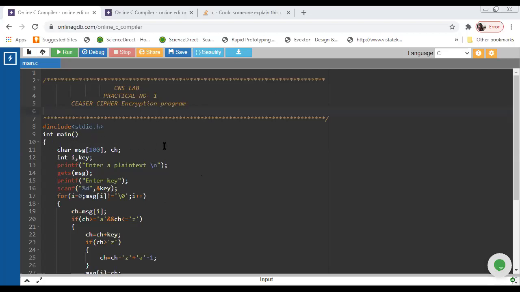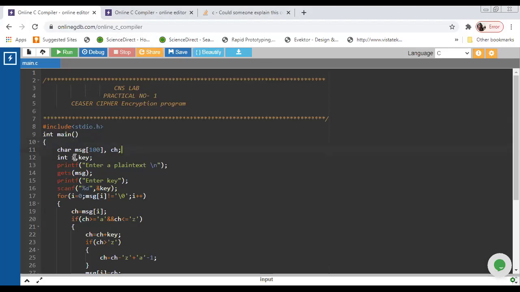Here we are doing a C program. I'm using C, but you can use any platform to complete your practical. We take the message as a character array, and a random variable to execute our program.